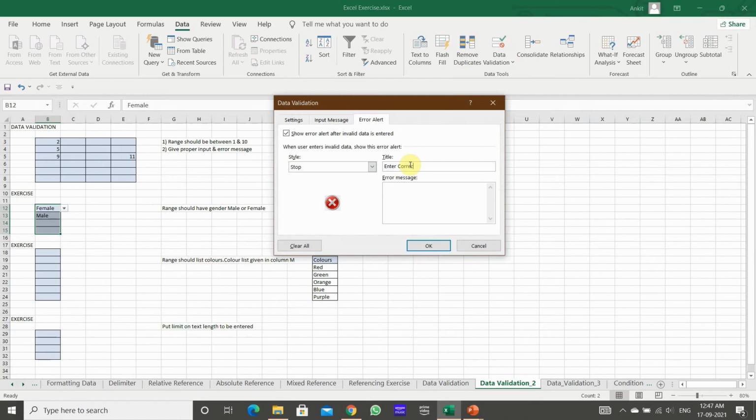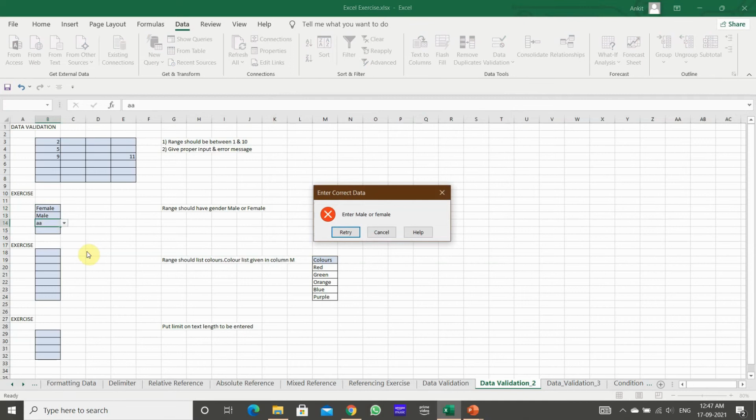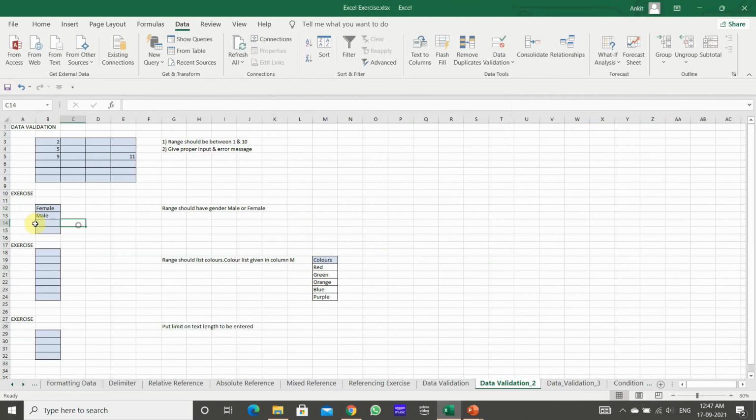Correct data, enter only, select male or female. Click OK. Okay, now I will do something else. So see, enter male or female, retry, cancel. Okay, you understood?